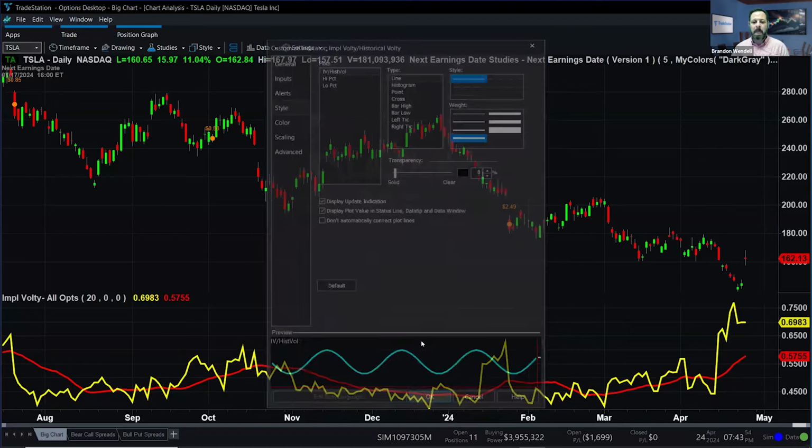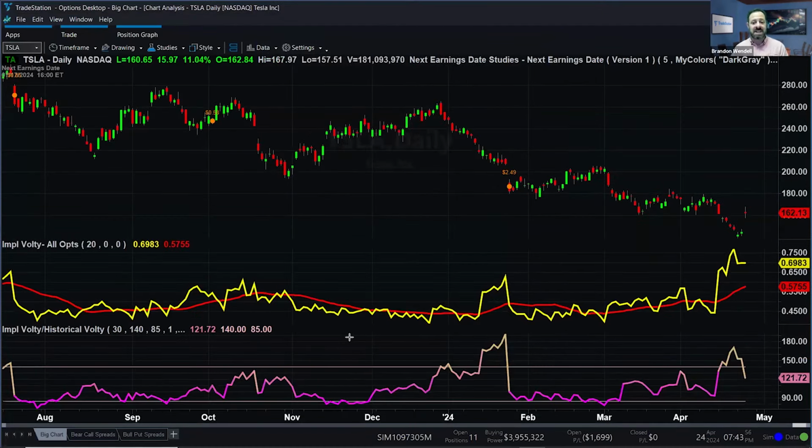There we go. So there's our second indicator, which is simply showing us the ratio of implied volatility versus historic. They even have kind of an overbought, oversold line, if you will, that we could potentially use to identify if the implied volatility is well above the average and very high compared to our historic volatility. There's a high probability volatility will drop. Again, it's not guaranteed, but it's a higher probability. So if we take Tesla and just go back in time,